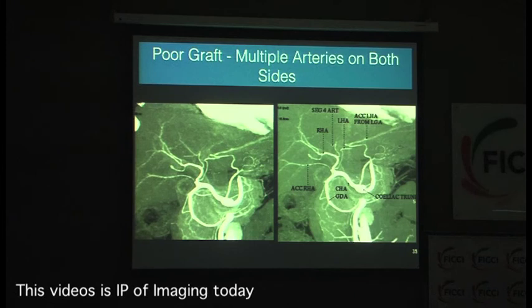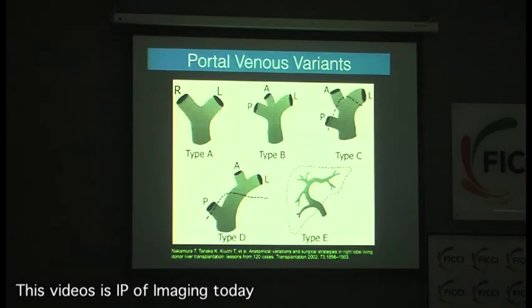So this is just to show you that liver anatomy is not just right hepatic artery, left hepatic artery. Count the number of arteries: 1, 2, 3, 4, 5. So in this patient, any kind of a graft you take is going to have 2 arteries. Left lateral segment, 2 arteries. Left lobe, 3 arteries. Right lobe, 2 arteries. So you have to look for these kind of variant anatomy in patients who go for liver transplant, and also in patients who are going to be evaluated for hepatectomies.